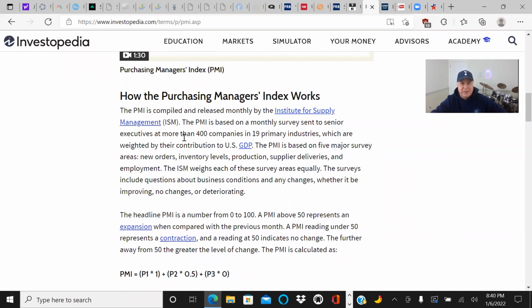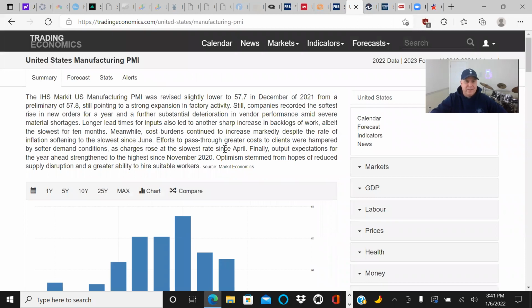survey sent to senior executives in more than 400 companies in 19 primary industries, which are weighted by the contribution to the US GDP. The PMI is based on 5 major survey areas: new orders, inventory levels, production, supplier deliveries, and employment. So when we look at this data that just came out 3 days ago, they're saying that longer